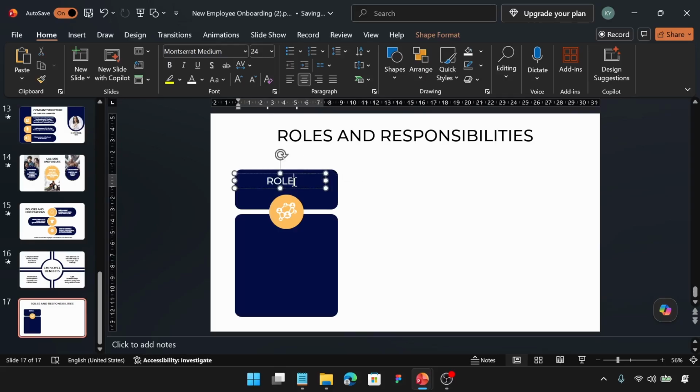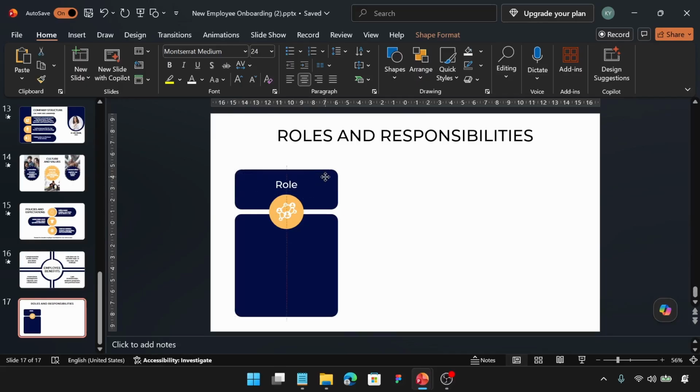It's supposed to be lowercase. So I'll just type it out, role. And I'm just going to place it here, align it to the center, but I could increase the text box because we are going to reuse it. I'll just increase the width of the text box so it grows the entire width of the rectangle. I'm going to hold Ctrl and Shift, select the text box and then create another copy of this text box. And I'm going to bring it